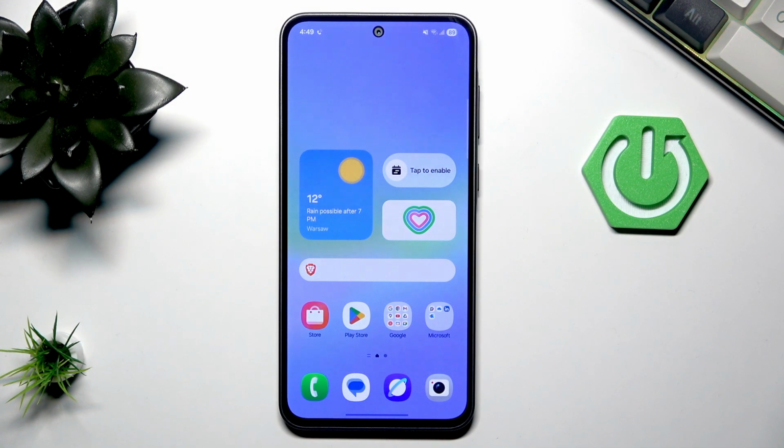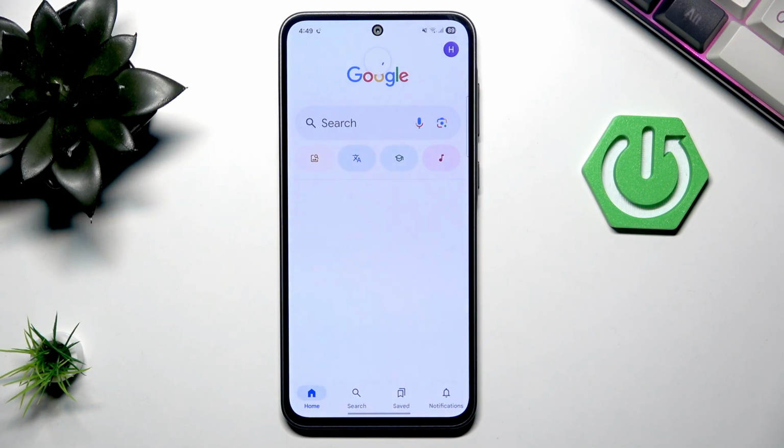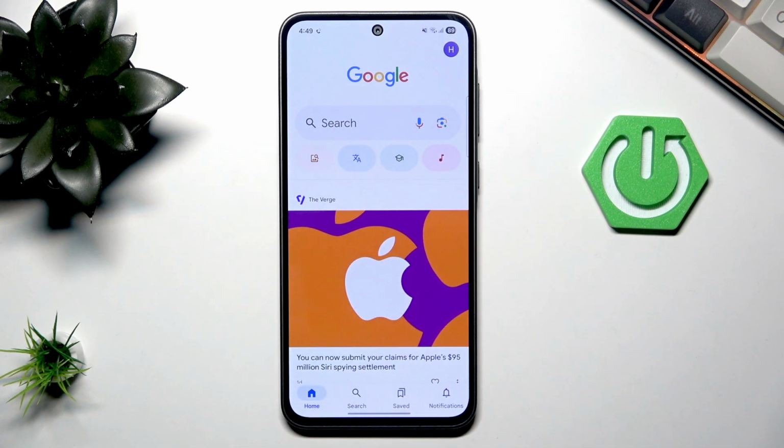The very first one, and probably the most basic one of all, is simply Google Lens. Now, if you don't know what Google Lens is, then don't worry about that, because I will show you. We can access Google Lens in many different ways. The easiest one is just to go to Google and then click this little camera icon here,